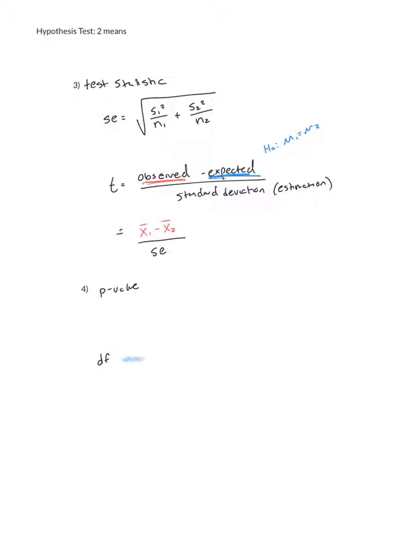I trace that across. In my make-believe row here, I'd find the two t-scores that are closest to mine. So let's say there's one here and one here. Once I find those, I trace it up to the top. And whatever this value here is and whatever that value there is, I say my p-value is in between